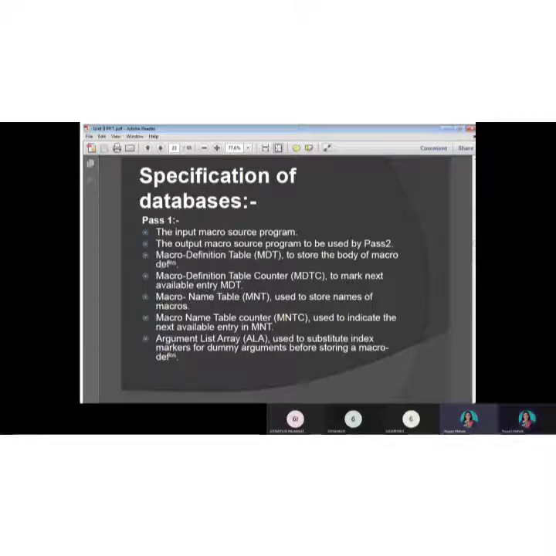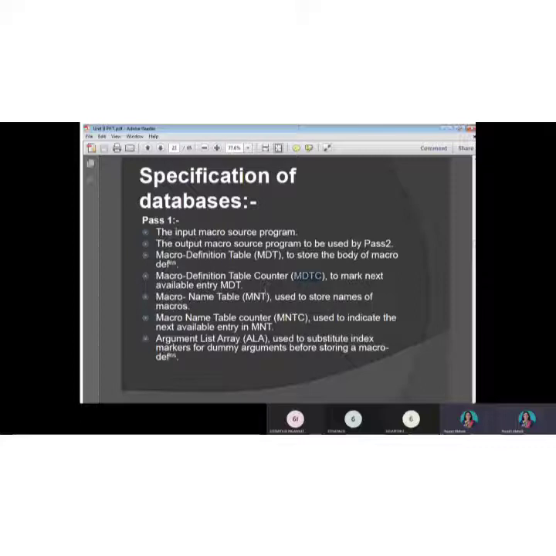So let us now see all the database specifications. A macro definition table, which is also called MDT, is used to store the body of the macro definition. Okay. Then macro definition table counter, as I told you, is MDTC. Please remember these abbreviations.